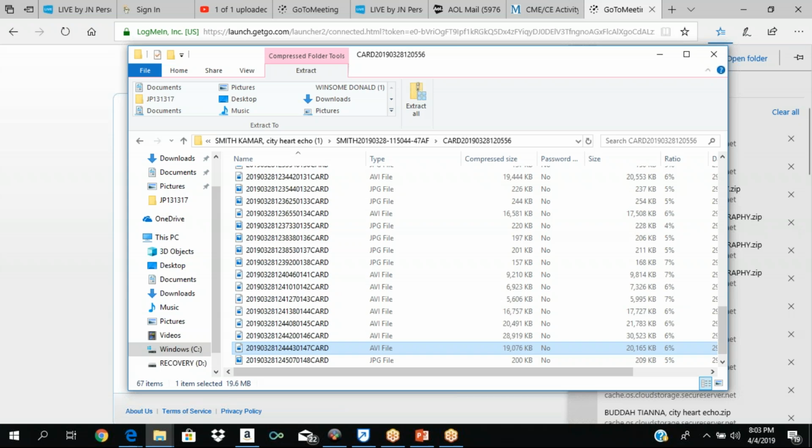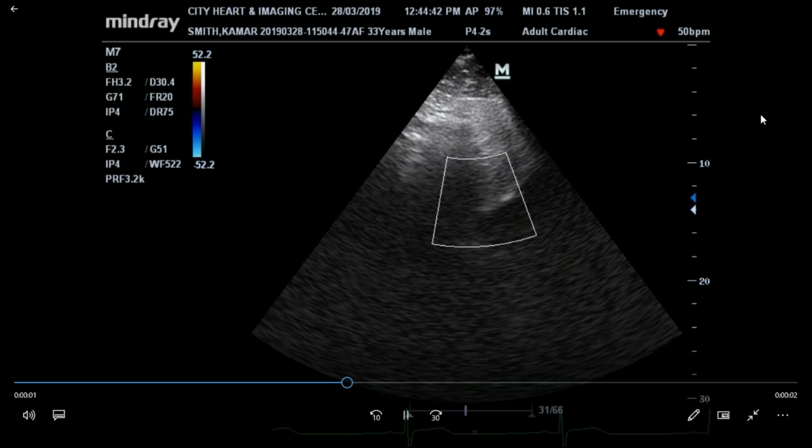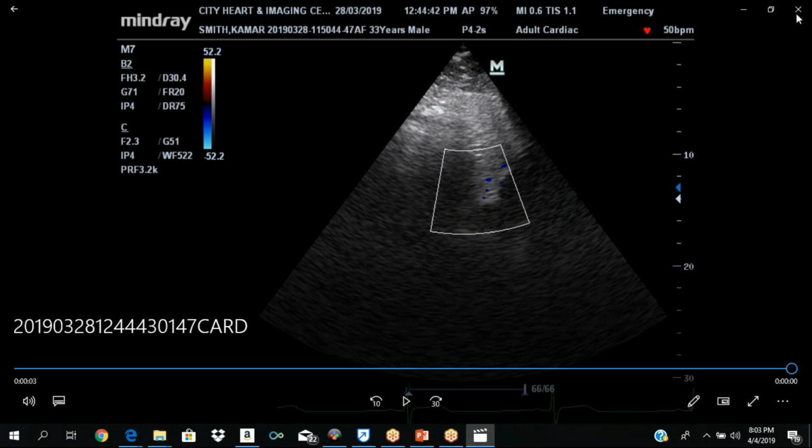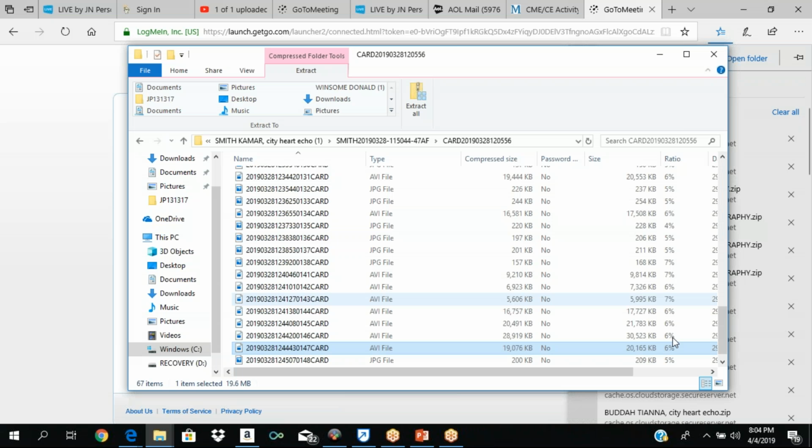And then you do your suprasternal notch view to round out everything. All right. What I'll do on Saturday, I'll concentrate a little bit more on the subcostal and suprasternal notch view. But essentially, this is